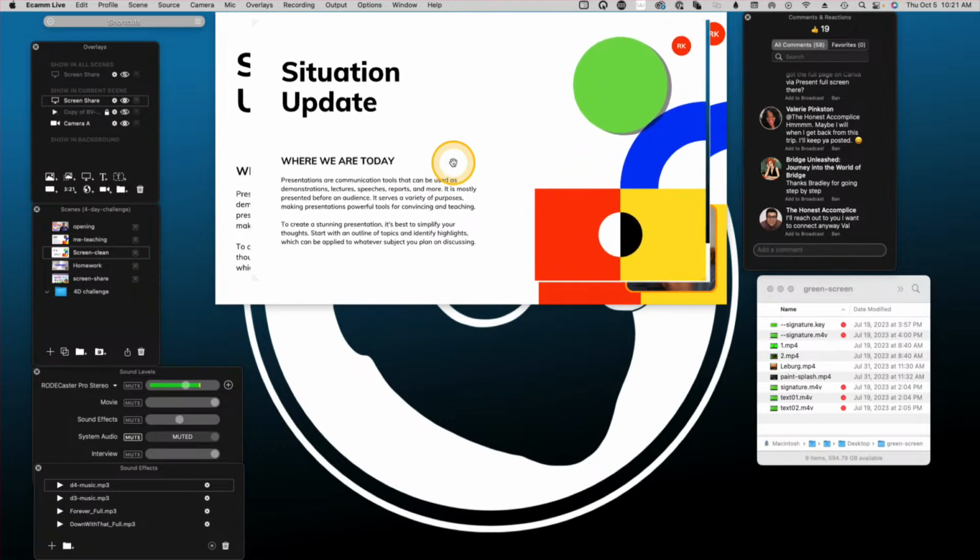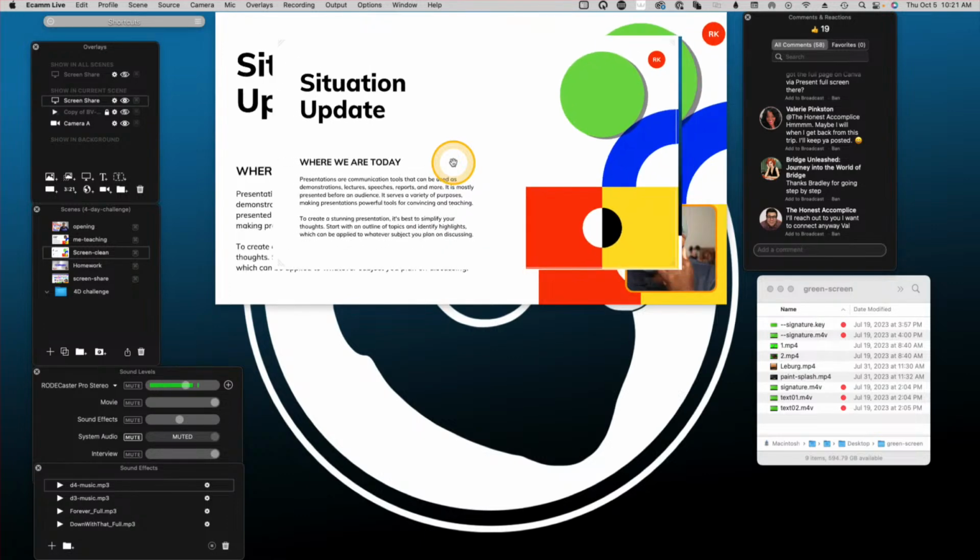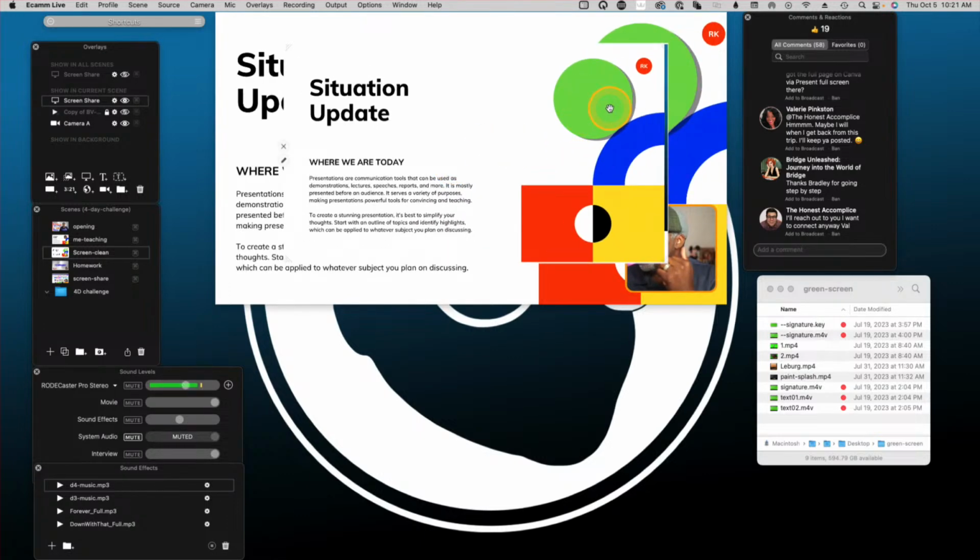So I'll scale it up to fill up my Ecamm screen, right? And I can still do green screen overlay and cut that hole out. And so when you do a screen share, think of it more as a window share, right? So you can share a physical screen, or you can share anything that you have open in a browser window,